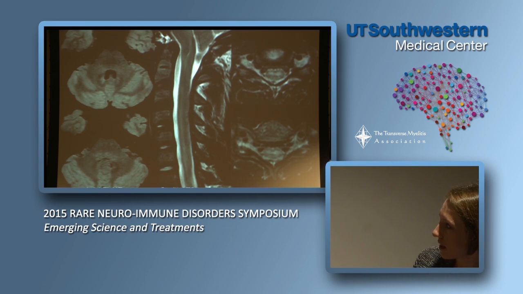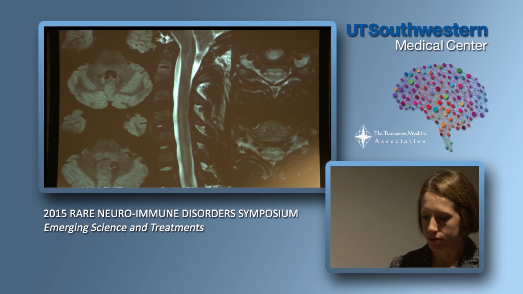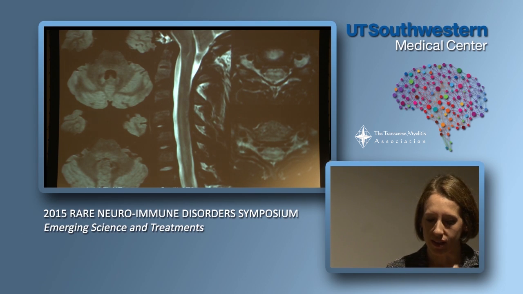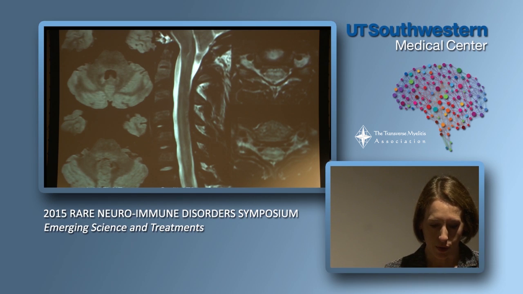So let me see if I can show you here. See that long white stripe? So this is the spinal cord here, and we're looking at it from the side, and that long white stripe is the area that's abnormal. And when you sliced him this way, we see that there are some white spots here too, in a particular area of the spinal cord, which is the nucleus, the hub of wire number 2.